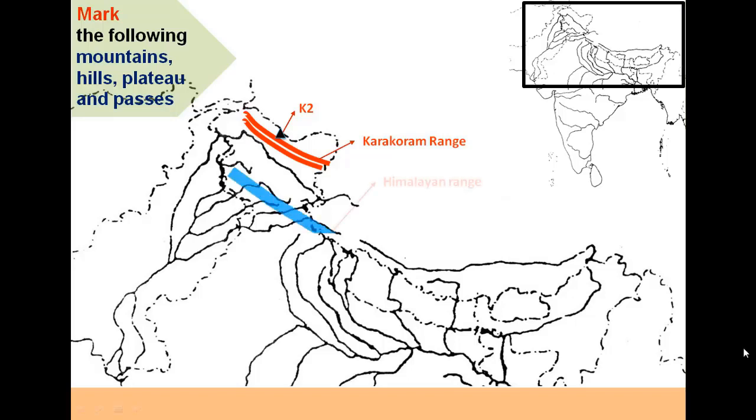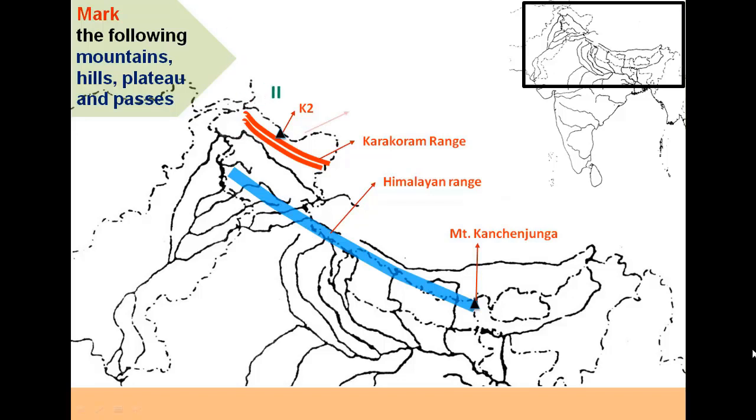Himalayas, as you can see, it's been shown with a thick blue line to mark with the HB pencil. The Great Himalayan Range, also called the Himadri, stretches for a distance 2,400 km approx from Indus Gorge in the west to Brahmaputra Gorge in the east. Next is Mount Kanchenjunga, located in the eastern Himalayas. It has been shown with a black color triangle over here. Part lies in Sikkim and Nepal border. Third highest peak in the world, 8,564 meters from mean sea level.